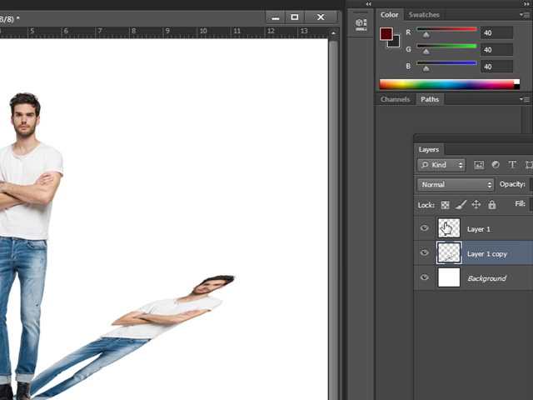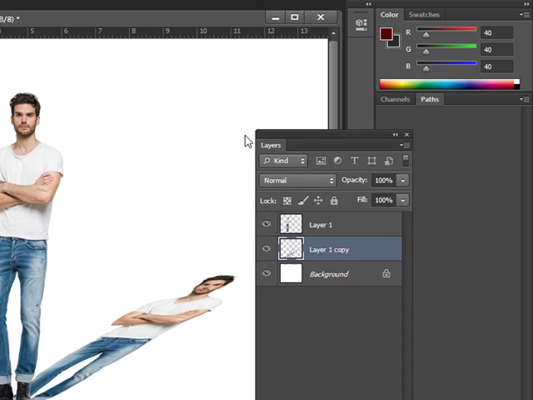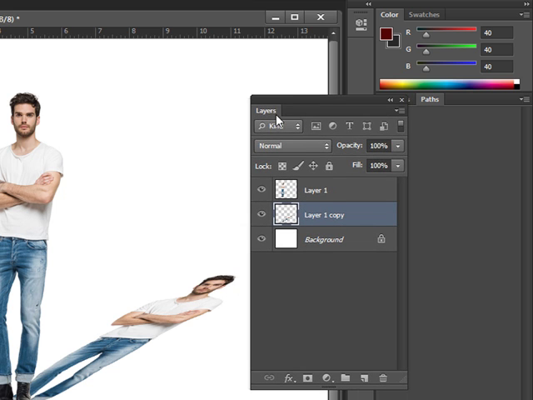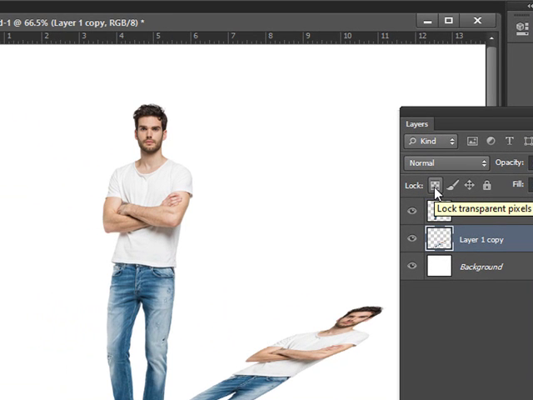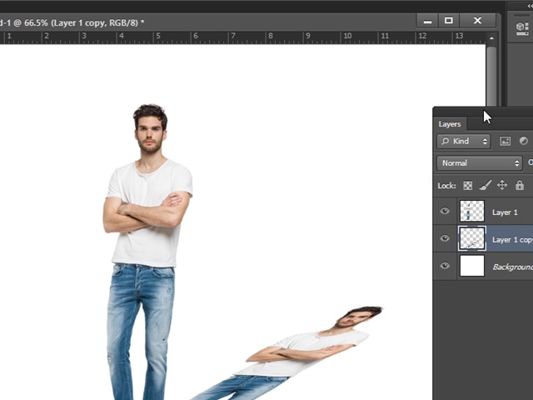Now in the layer palette I am dragging it to the center so that you will be able to see. There is an option called lock transparent pixels. If that option is clicked, what will happen? It will lock the transparent area.